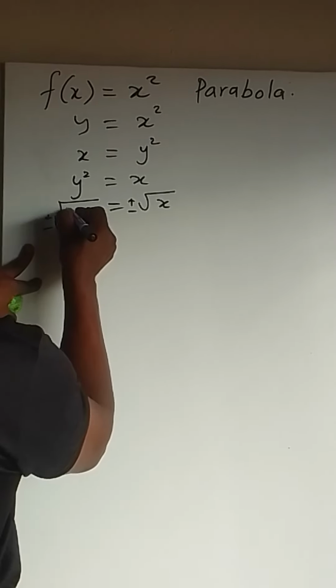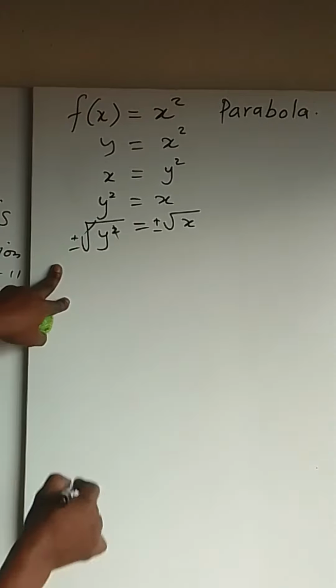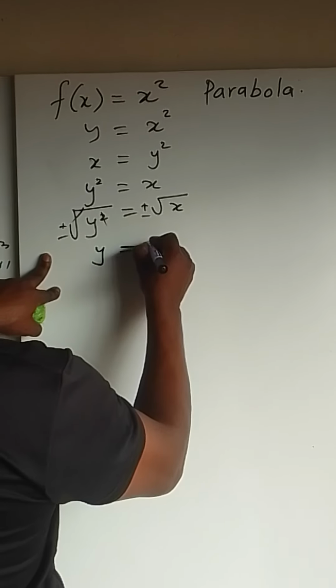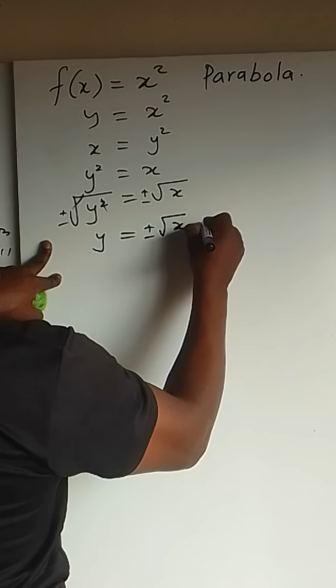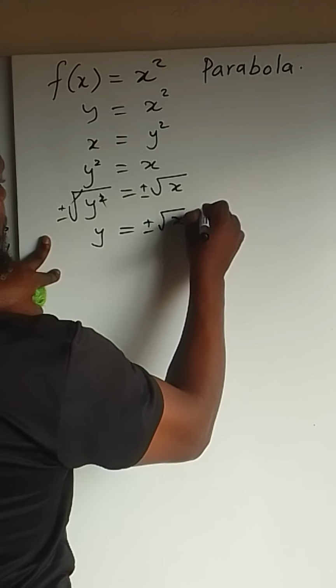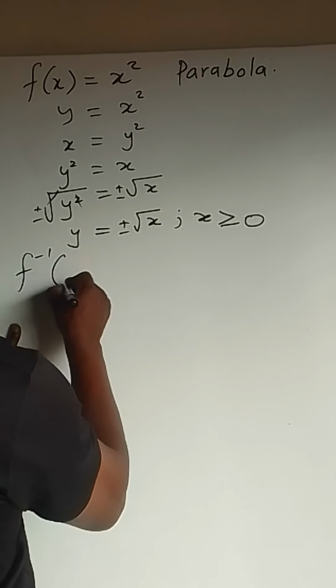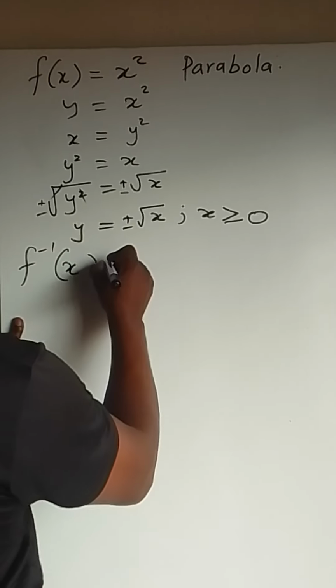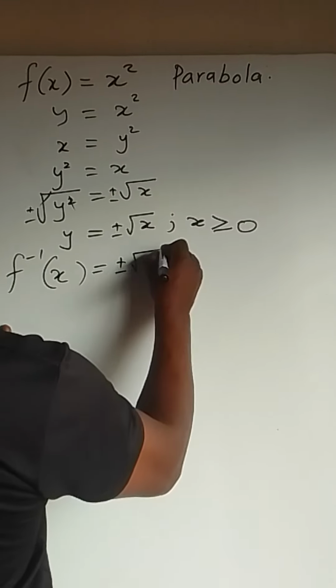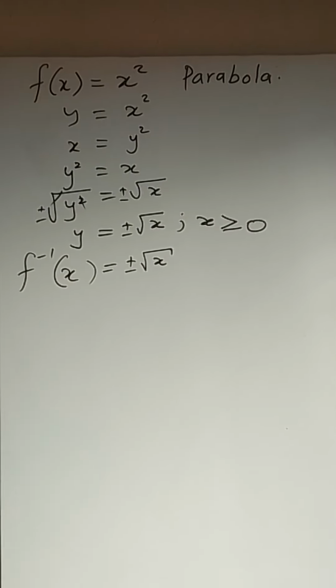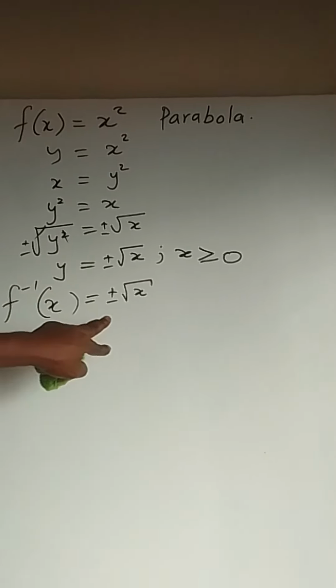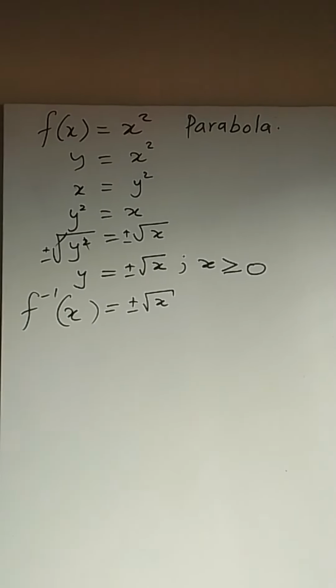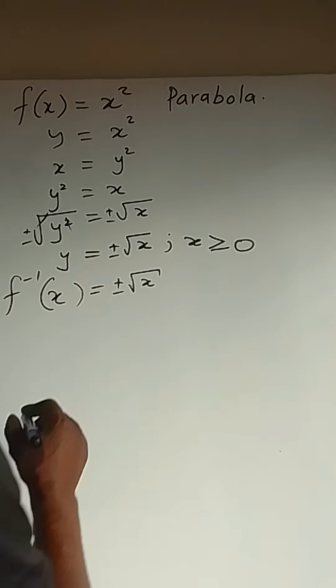This is also a plus minus, but when you cancel here, you are left with y equals plus or minus the square root of x, provided that x is a positive number or equal to 0. Therefore, this is the inverse function in the form of f dash x equals plus or minus the square root of x. Right. If we draw this kind of graph, we are going to find that